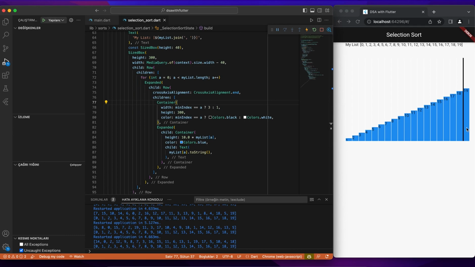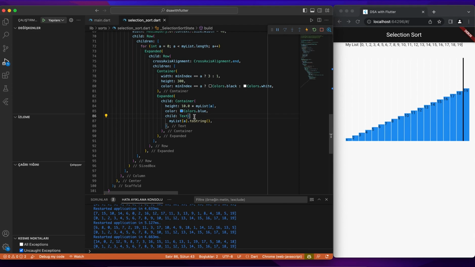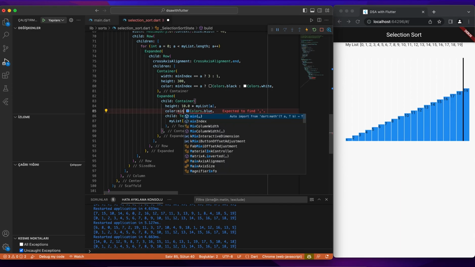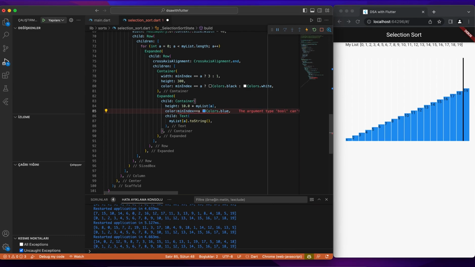This is my first line loop, and I want to add this container in the colors minIndex equals a, colors dot red,